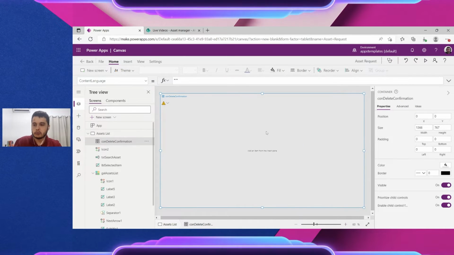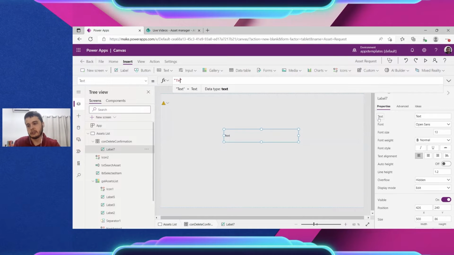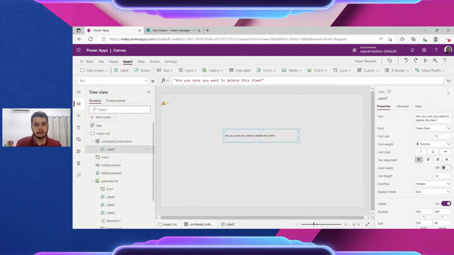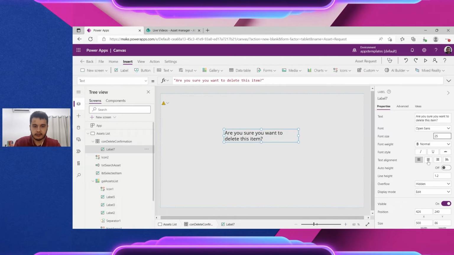Right, so now, with the container selected, let's go to Insert, Label. It will insert a text. Let's place it in the middle and change its text to, "Are you sure you want to delete this item?" We can also change font size, color, and everything else. Let's say 25. Let's center it